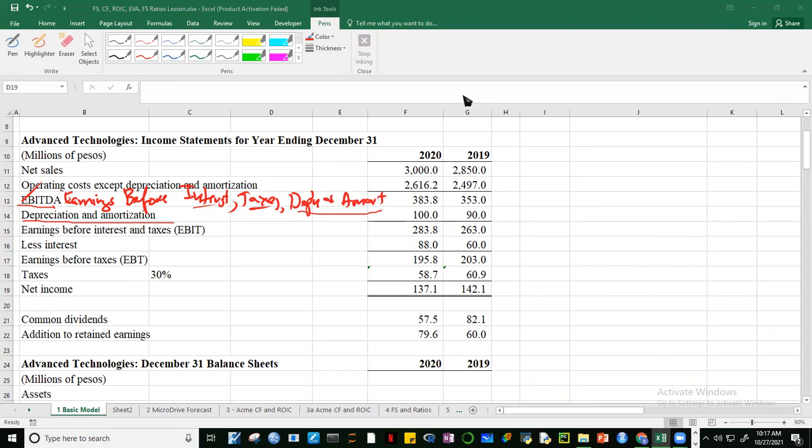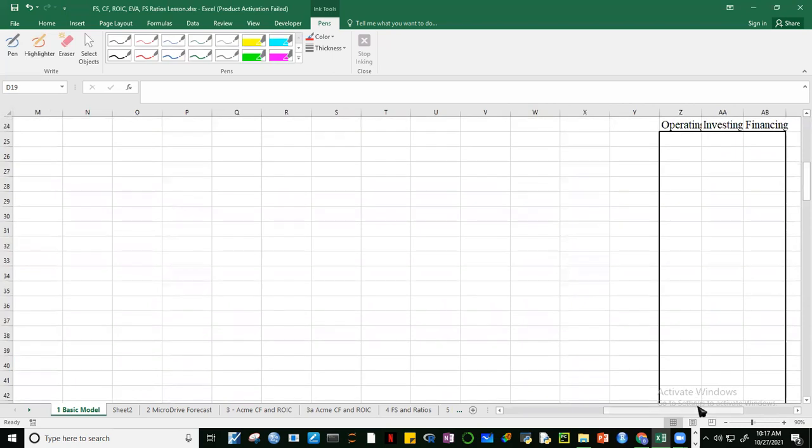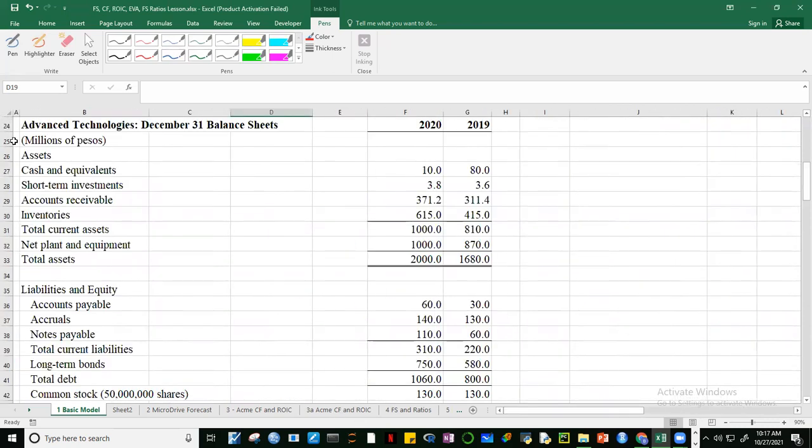When will be the deadline for the assignment? It will not be collected, guys. It's an assignment where if you do it, you benefit because you learn how to do it. So what we're going to do is just compare our answers as far as the statement of cash flows for this